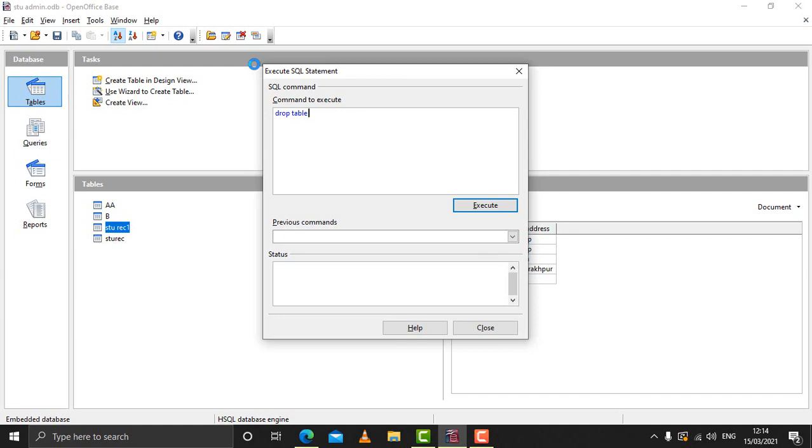Say for example you want to drop table B, so drop table B. So as you execute this command, the table B will be removed from the database, and now this table will not exist in the current database. So this is how we can drop or remove a table from the database using drop command.